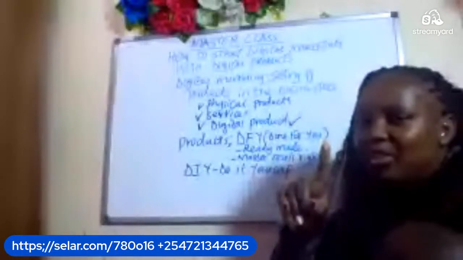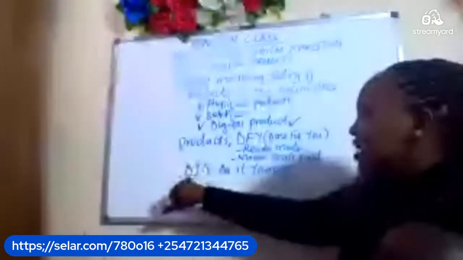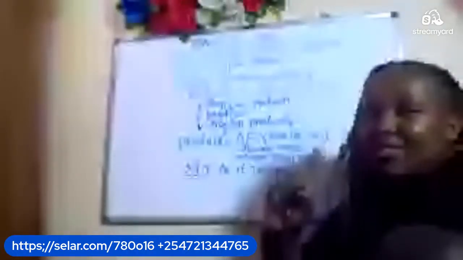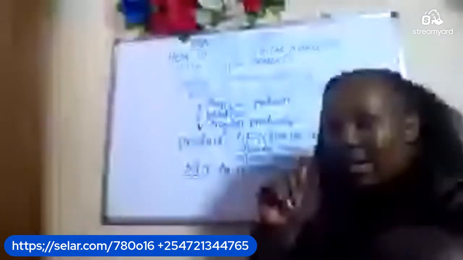And then again, there is the do it yourself. This one you're going to do it yourself. But for the ready done for you digital product, it is available. And actually, maybe you did not have an idea. I currently have one that is even cheaper than the one that we had previously. I've added more digital products because I know the value.